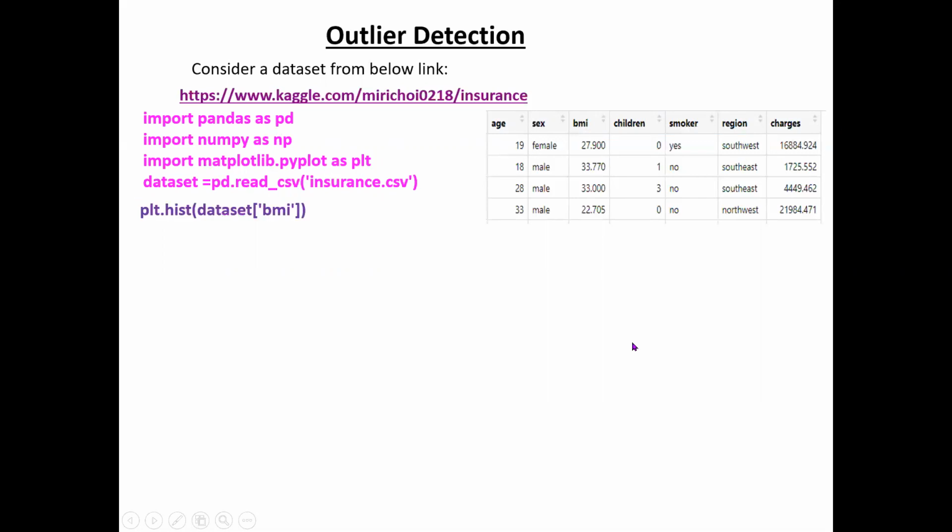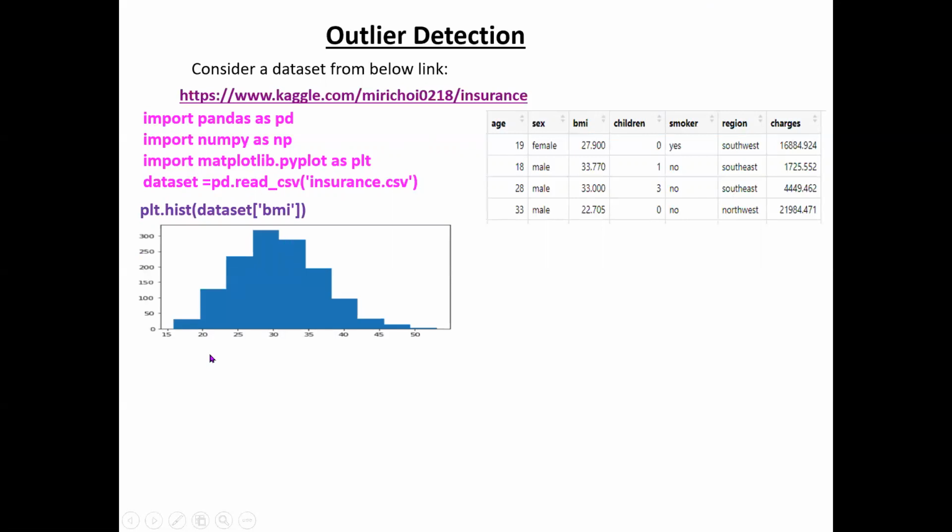Then what we will do? I want to see the data shape of the BMI variable only. So use hist, which is a predefined function provided. So plt.hist of dataset of BMI, because the object name is dataset on which your data is loaded. If you give it like this, this is the information of how the values are spread. All this information is shown as a histogram.